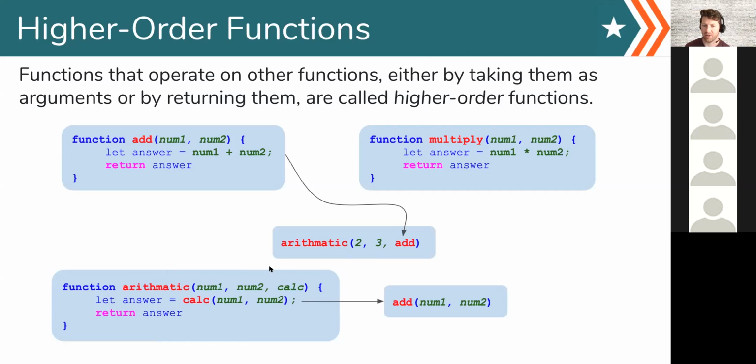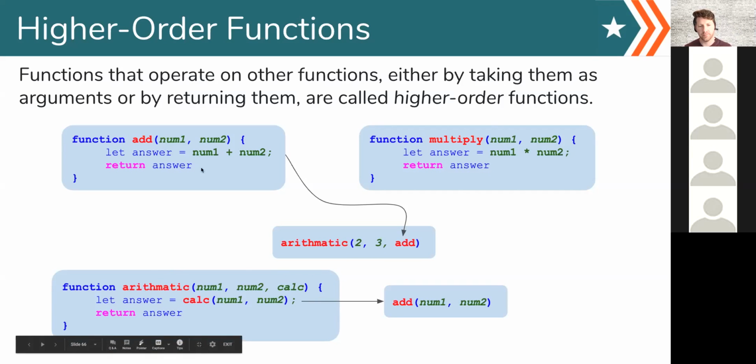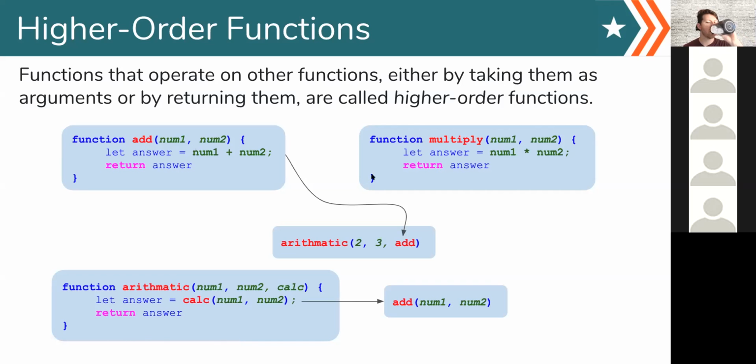What questions do you have about that type of higher order function? When you're adding add as a function in arithmetic, how come you don't have to add the parentheses next to add? Thank you. So if I were to say add with two parentheses, that invokes a function. What that means is it executes that function in place right there. So anytime you have a function followed by the parentheses, like arithmetic, parentheses, it is going to run